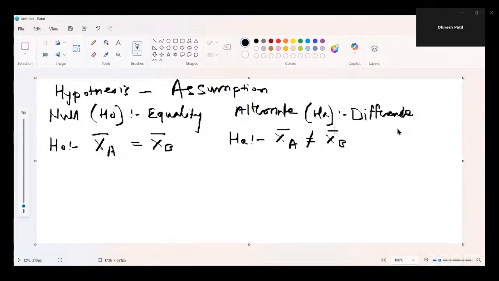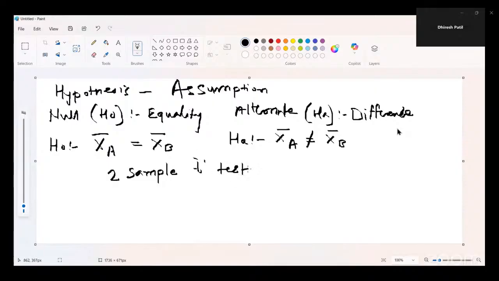So both are equal and opposite statements. Then we collect the data and we put the data in the software called Minitab. So this is called a two sample t-test, because we are comparing two samples with each other.